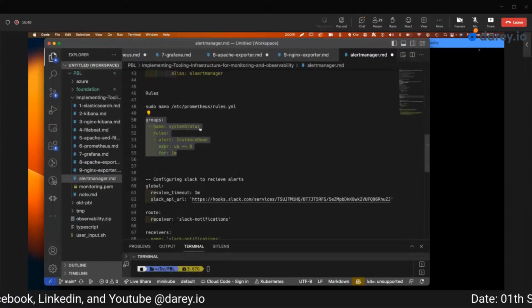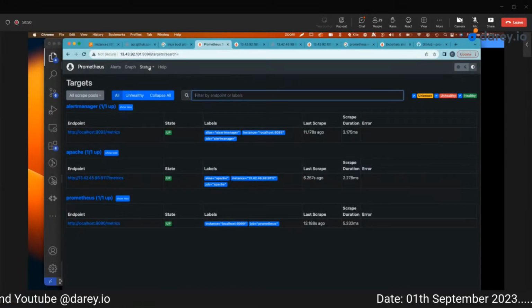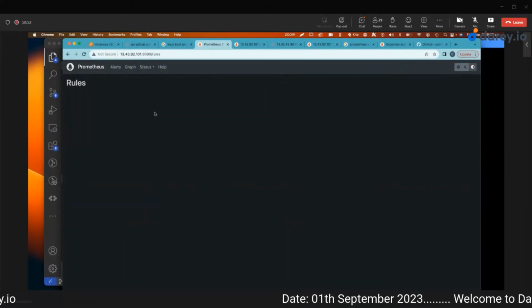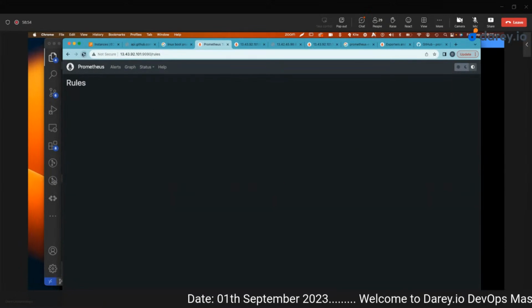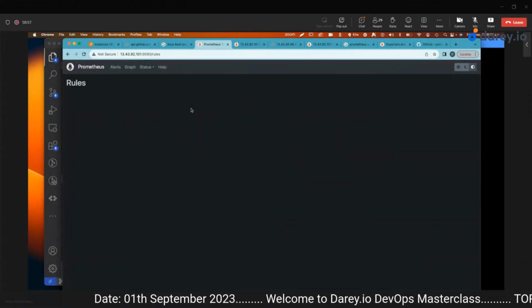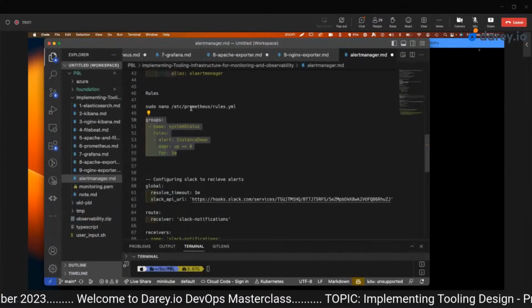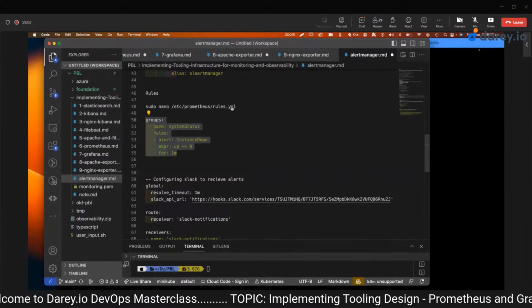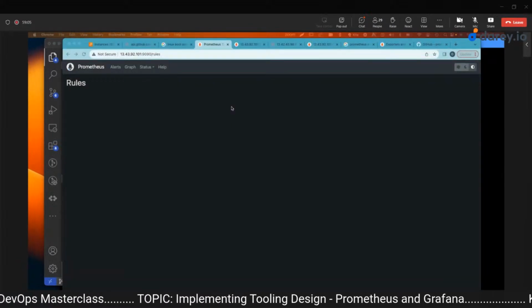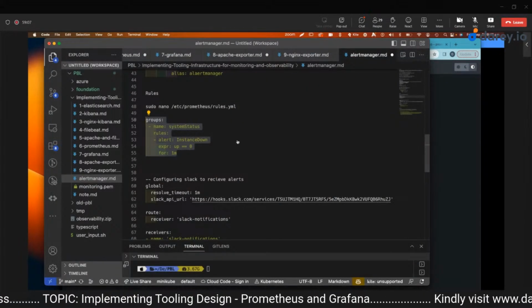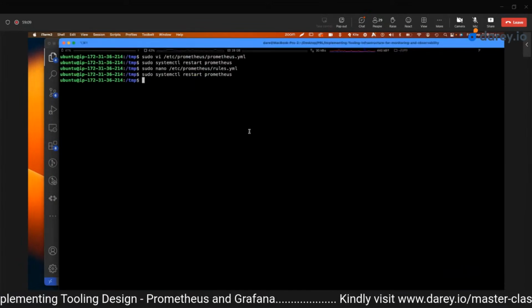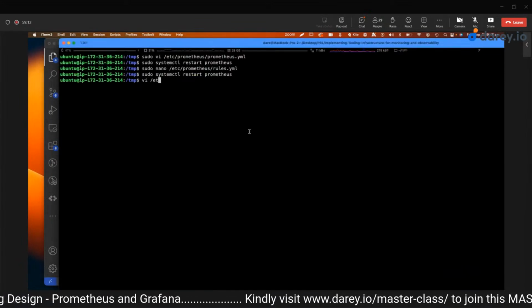Start Prometheus and go into rules. Okay, let's see if rules.yml. Oh, actually, there's one more thing. So we still need to go into our etc